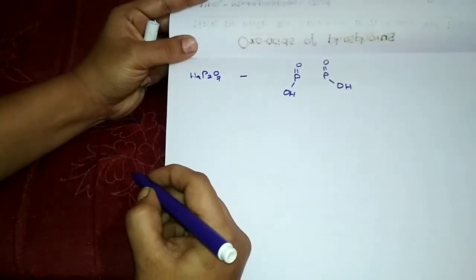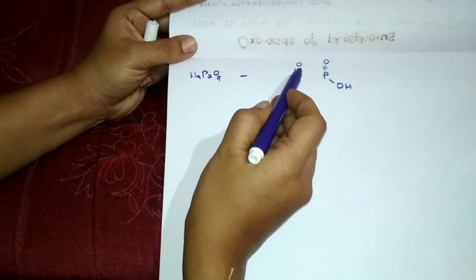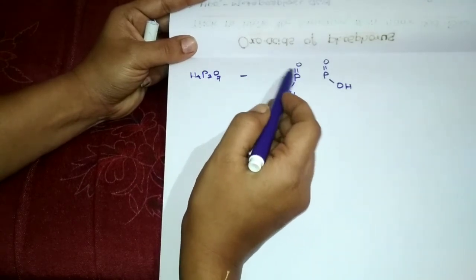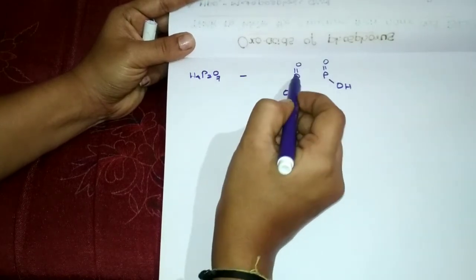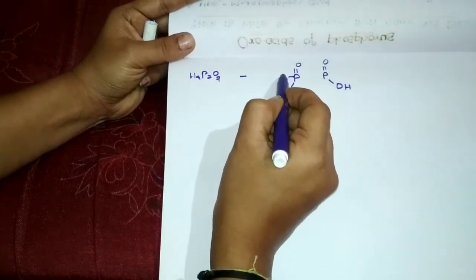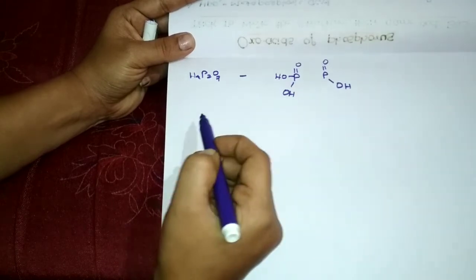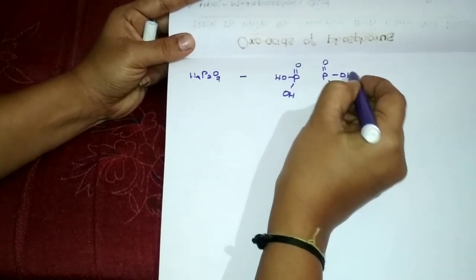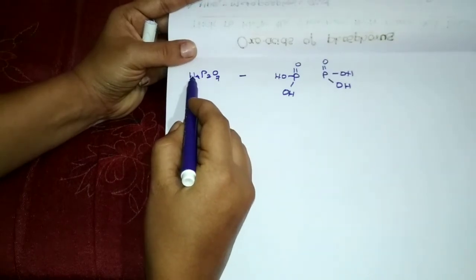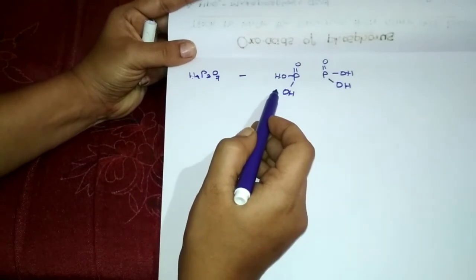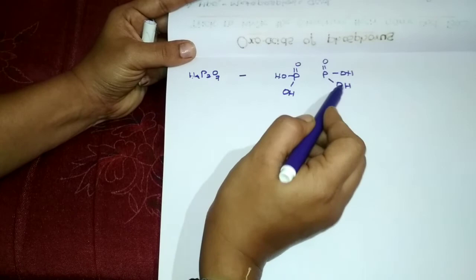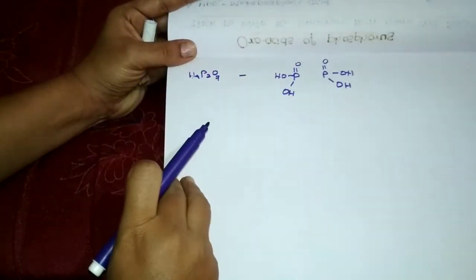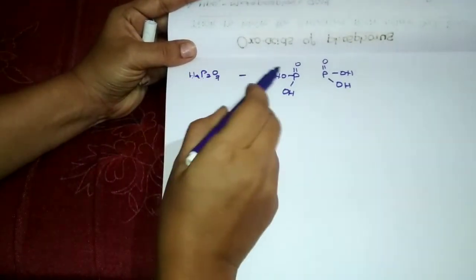Now balance it. Phosphorus will have 5 valence electrons, so you have to put 5 bonds over here. Now go on satisfying. For this we have one OH, and for this we have one OH. So 4 hydrogen, I have satisfied 4 hydrogen, it got over. How many oxygen do we have, dear students? 7. Here 1 2 3 4 5 6 I have satisfied. Remaining is 1 oxygen.